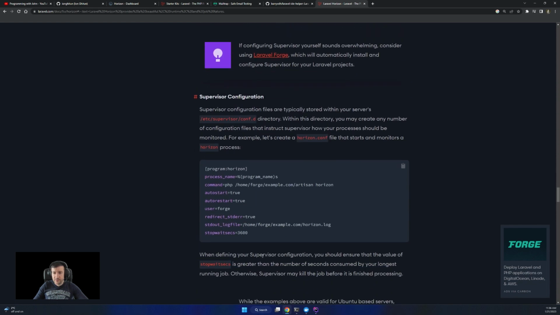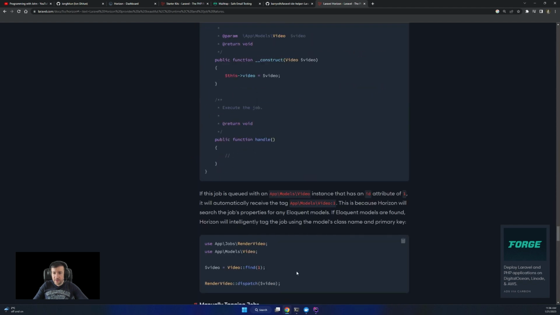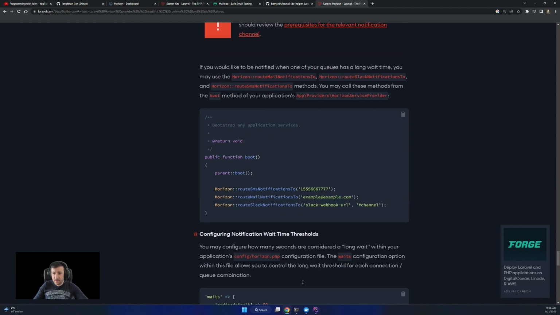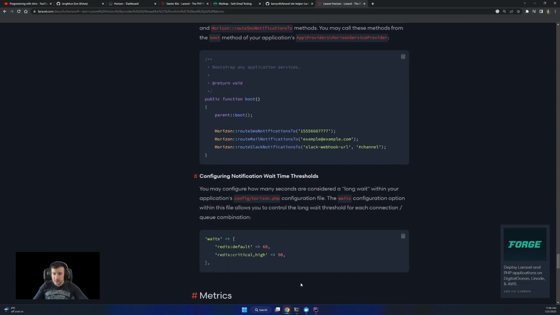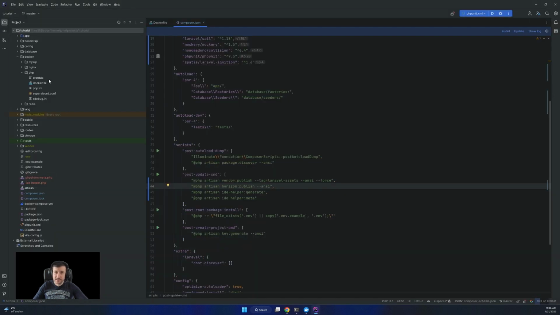If you want to have a nice dashboard, in here they also recommend adding a snapshot. So run this Horizon snapshot every five minutes in your schedule.